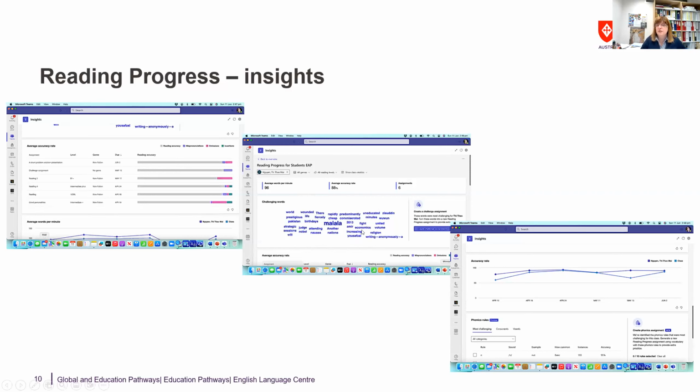the particular student is doing. What are the most challenging words from my class? And maybe I need to do some preparation for this reading progress, or teach the targeted pronunciation topic, or maybe pausing or intonation or whatever I think it would be, because I can look how the accuracy